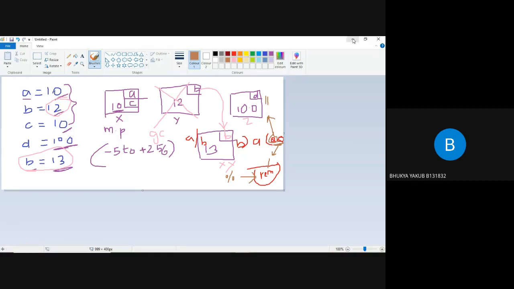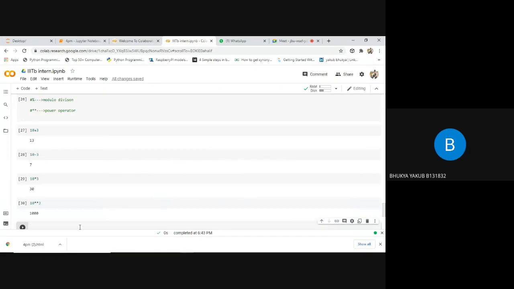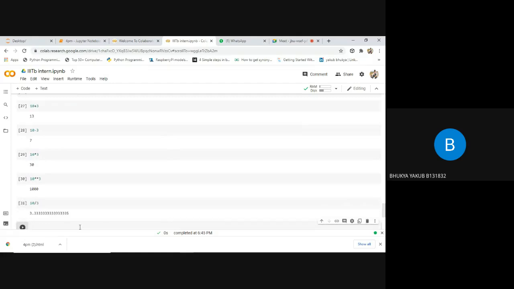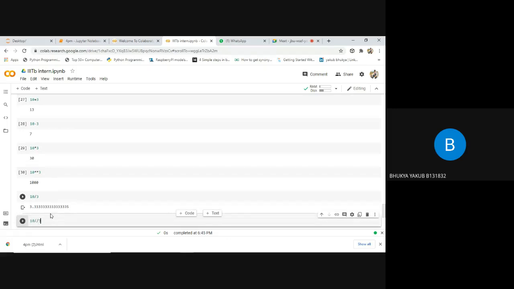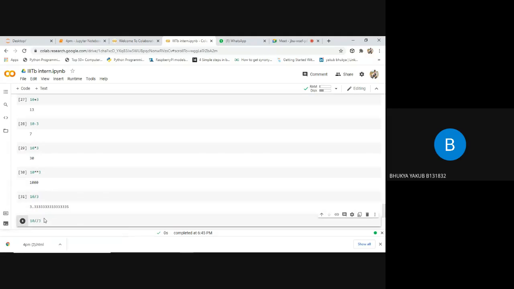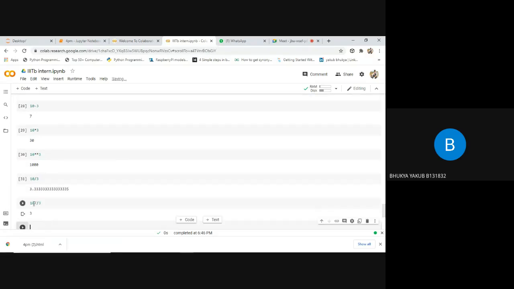I'll make you clear on that within 2 minutes. Now itself I'll explain that stuff. See guys, here I'm applying the 10 by 3 operation. Whenever you say 10 by 3, you will get output like 3.3333 something. So we are getting this entire value in floating point notation, a huge floating point value. Now I want to get output till the decimal point only, meaning I want to get 3 only in the output. To get the integer portion of the quotient, we need to apply the floor division operator. If we run this, we got output like 3 only, meaning we are getting the integer portion of the quotient only.